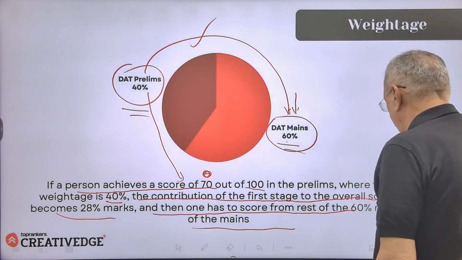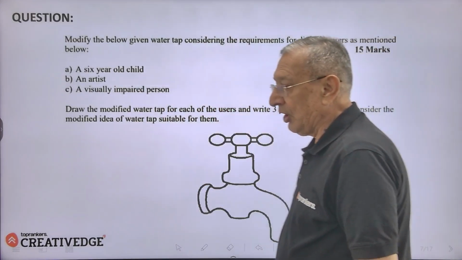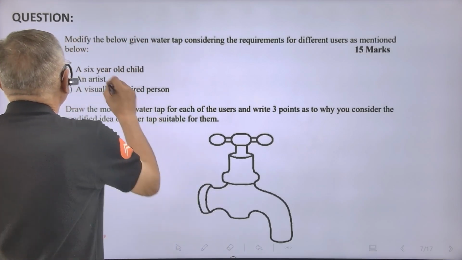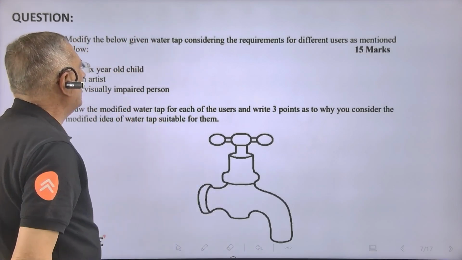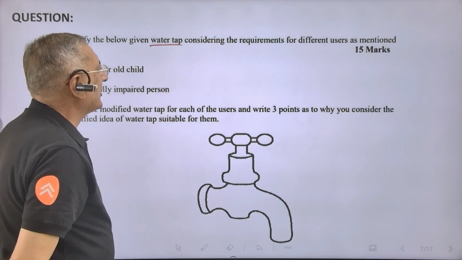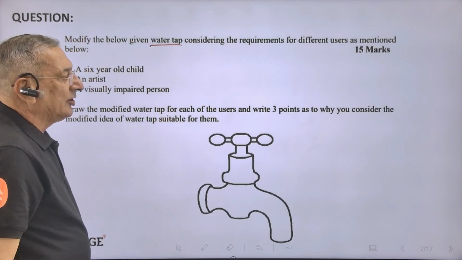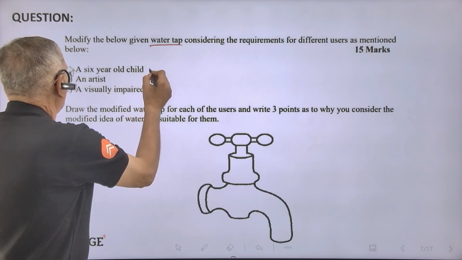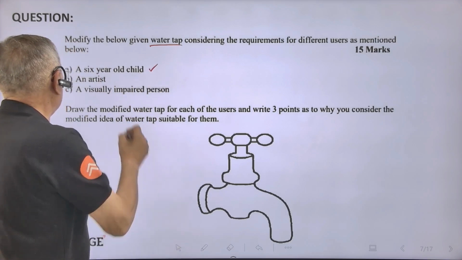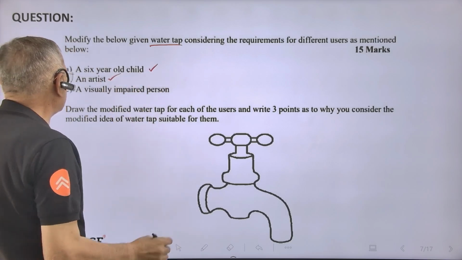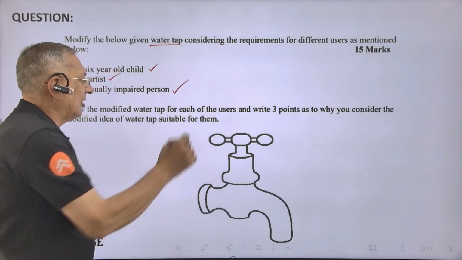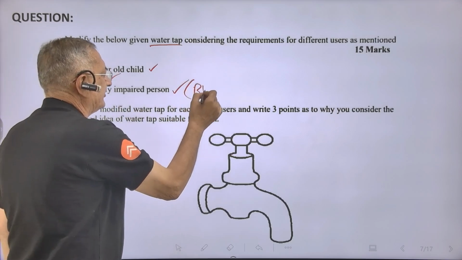Now we go on to the questions of the year 2022. Question number one: modify the below given water tap considering the requirements of different users as mentioned below. One is a 6-year-old child, second is an artist, and third is a visually impaired person, or in other words, a blind person.